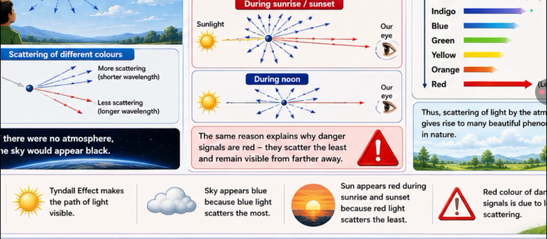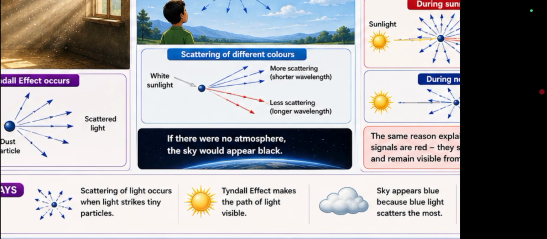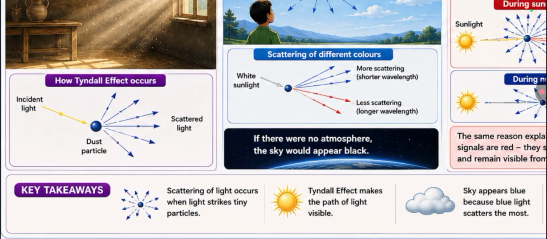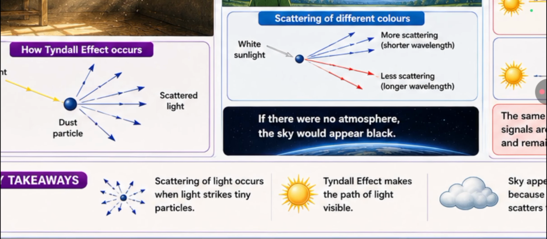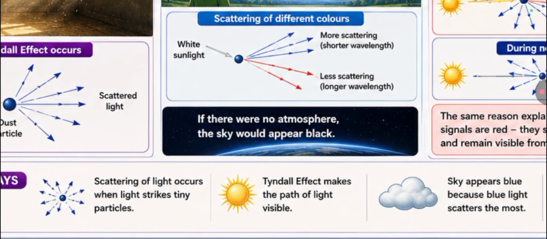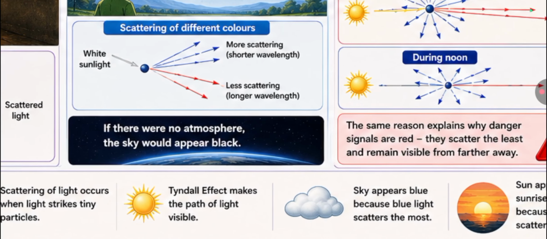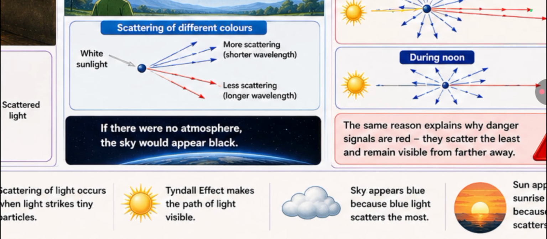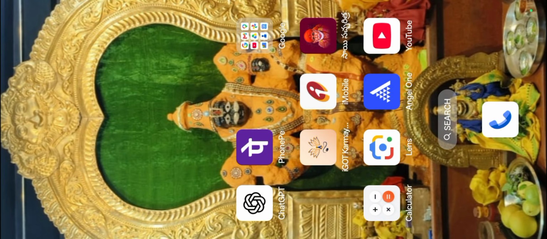Okay, here we have some more examples of what to learn in this topic. Scattering of light occurs when light strikes tiny particles. Tyndall effect makes the path of light visible. Sky appears blue because blue light scatters the most, and sun appears red during the